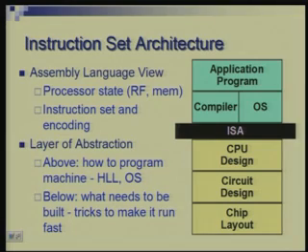The programmer at assembly language level has to also worry about how instructions are represented. What is the set of instructions, and how each instruction is represented in terms of ones and zeros, or hexadecimal digits for convenience. Above this layer of abstraction, we have compilers and OS, and then you have high level language programs. Below this layer, you have hardware components, high level ones such as register files, ALU and so on, and low level ones such as transistors and resistances, which actually make this instruction set possible.